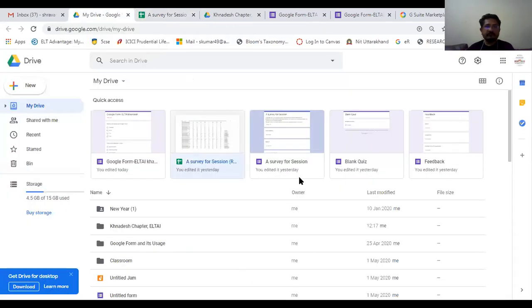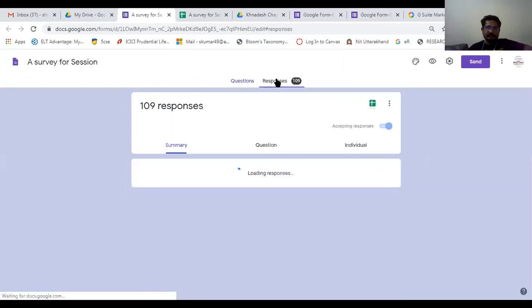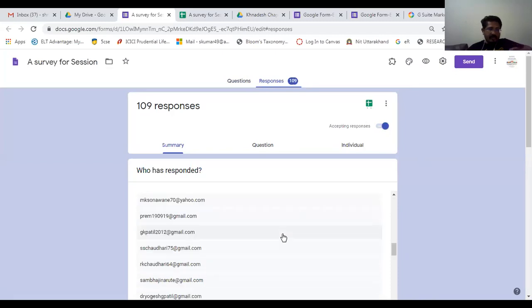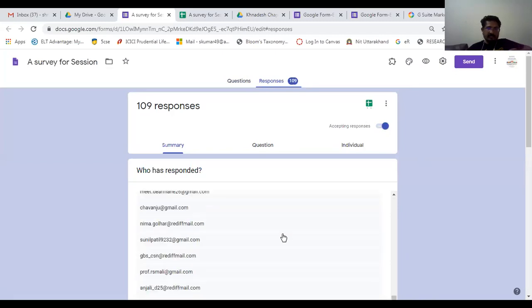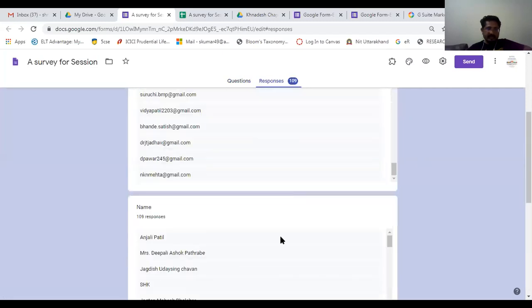Or if you wish to have a kind of graphical understanding, go to the form which you have already shared, and then you will see the responses. See, 109 people have replied till now. Now, who has given the reply? See, all the email IDs are mentioned here, even the names, since I asked for the names.